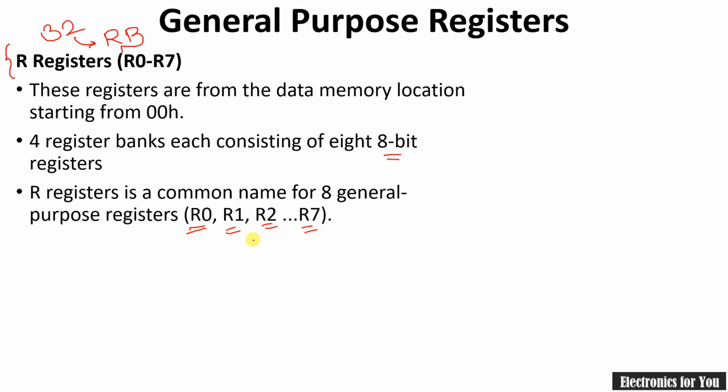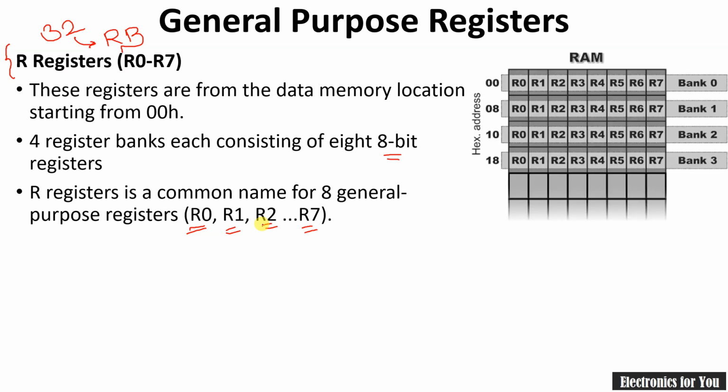So total 8 registers are included in each register bank, and here you can visualize it. This is register bank 0. Each register is named R0 to R7, and here the initial address of R0 is 00, R1 will be 01, R2 will be 02 and so on. In this way,